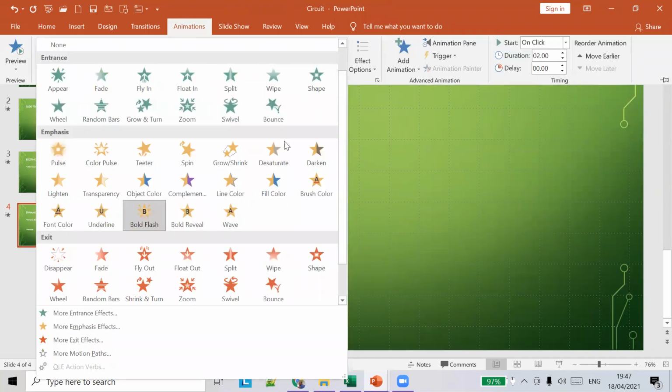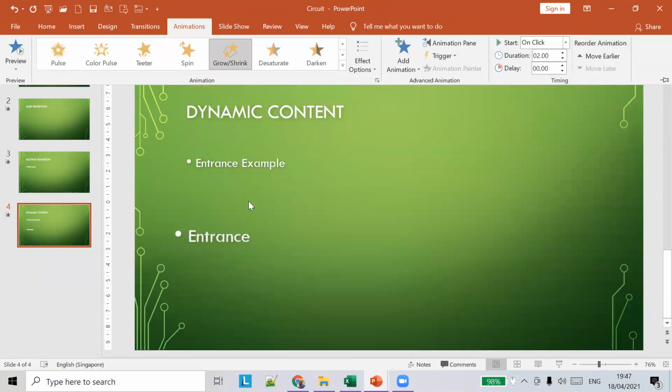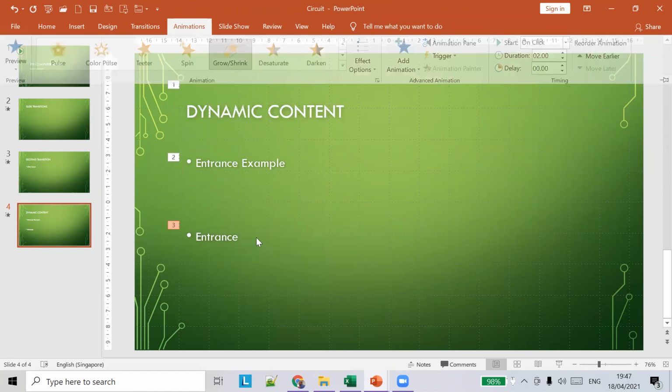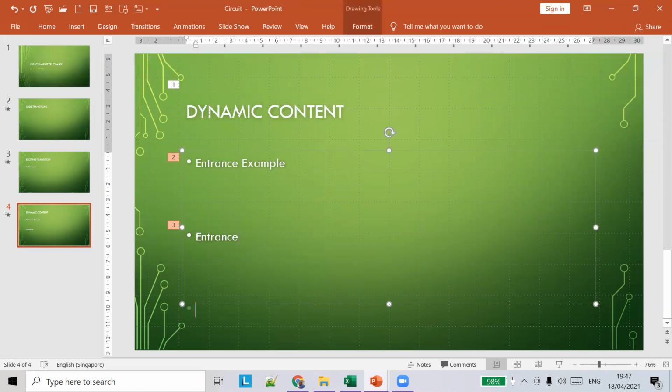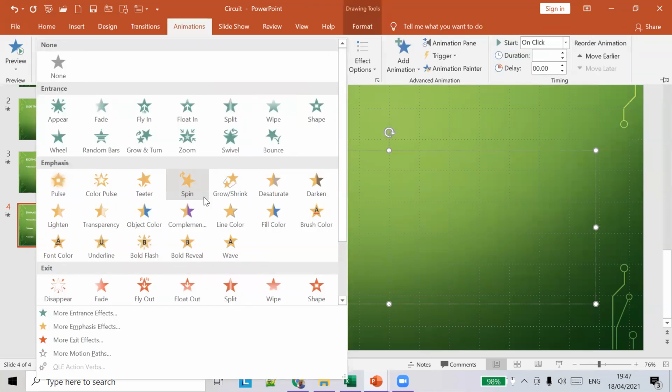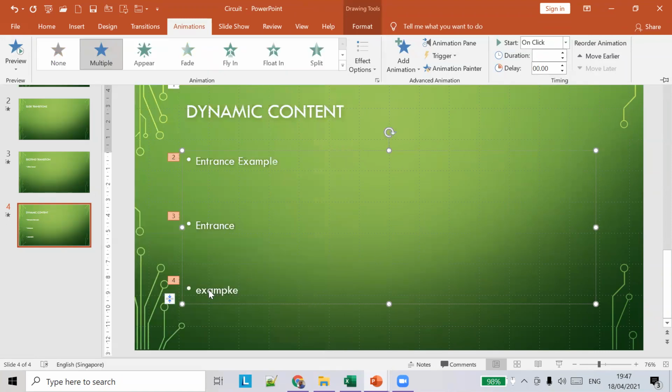Sorry, maybe we'll choose something else. Grow and shrink. You can see the effect. And let's say another example. What is the third type? The third type is exit.